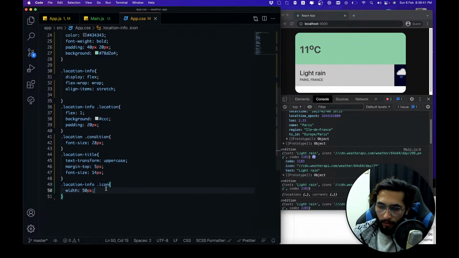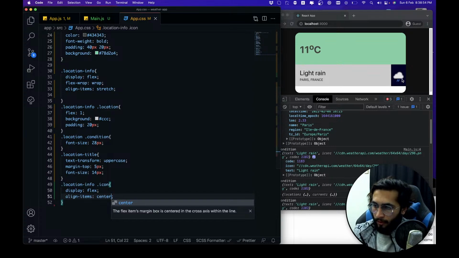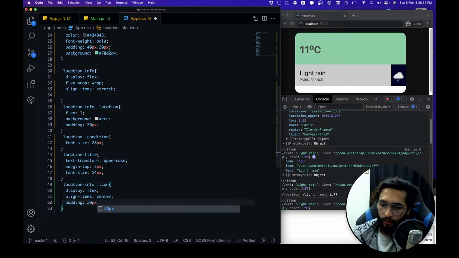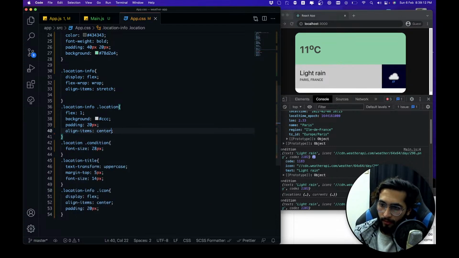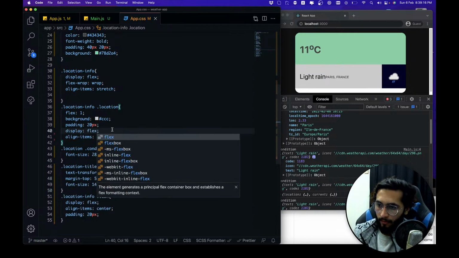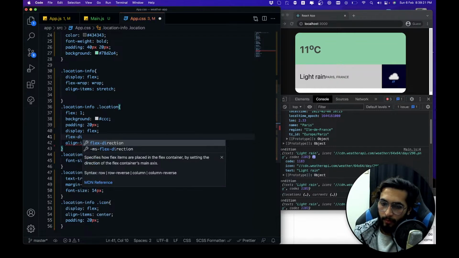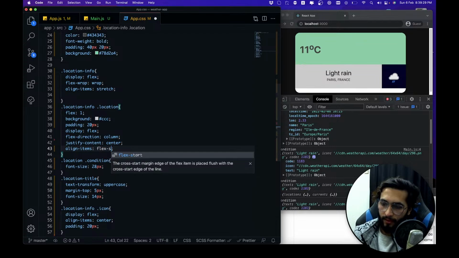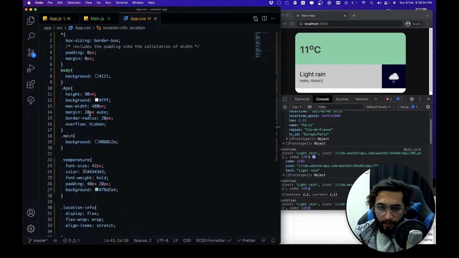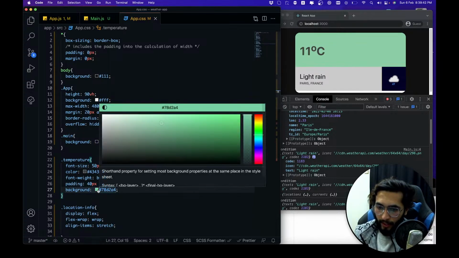And right now we remove the explicit width over here, and to the icon, we say display flex and align-items center. Align this to center and give it the padding in pixel size. And also to the location, we give it align-items center, flex, flex direction, and justify-content center. Now that is good. And in the temperature, we say something like 50. And we change the background to